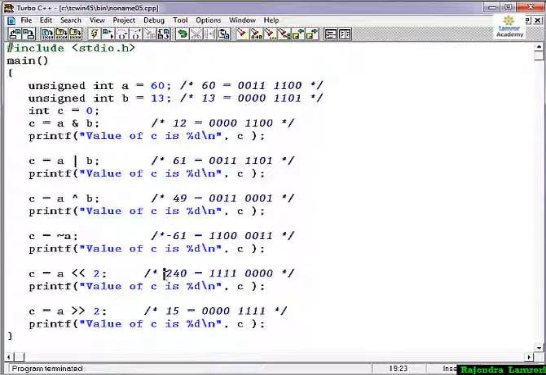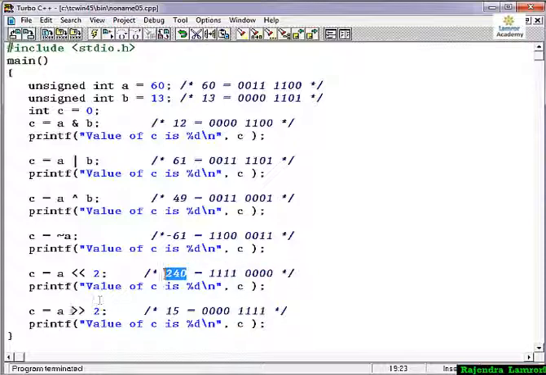Then I am showing you the left shift and right shift operators. Here, for the left shift operator, we have taken the value of a. Left shift 2 means we need to shift left 2 times. Whatever value we have, each bit we shift 2 times. See, this 1 is the first position, this 1 is the second position, this 1 is the third position, this 1 is the fourth position, then the last 2 digits become 0 0. So here we see 1 1 1 1 0 0 0 0. If you calculate this value, it will give you 240.